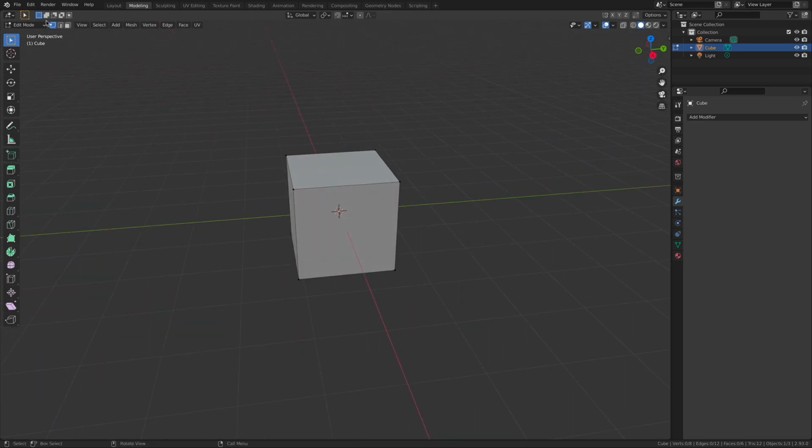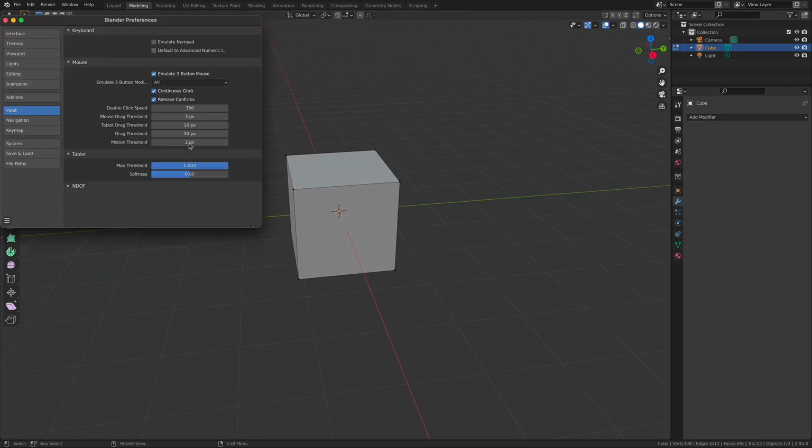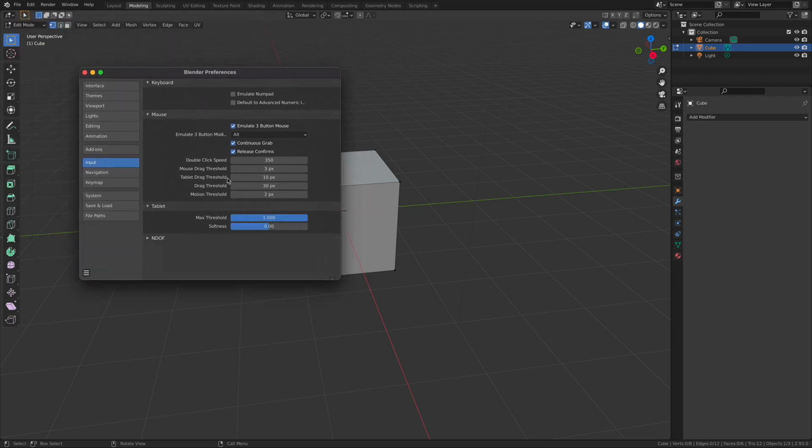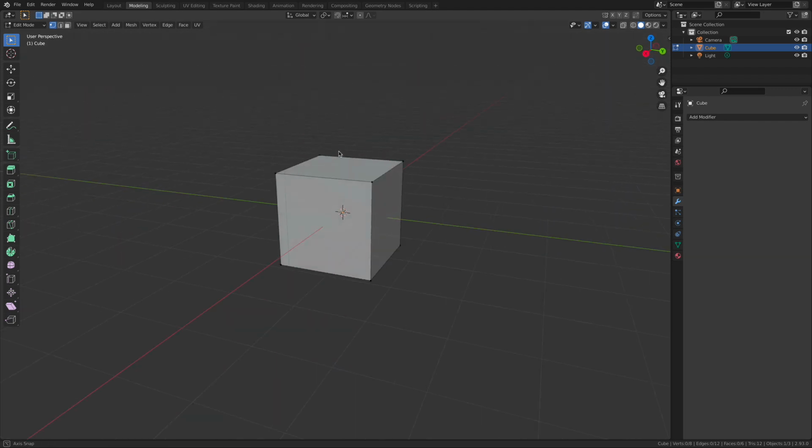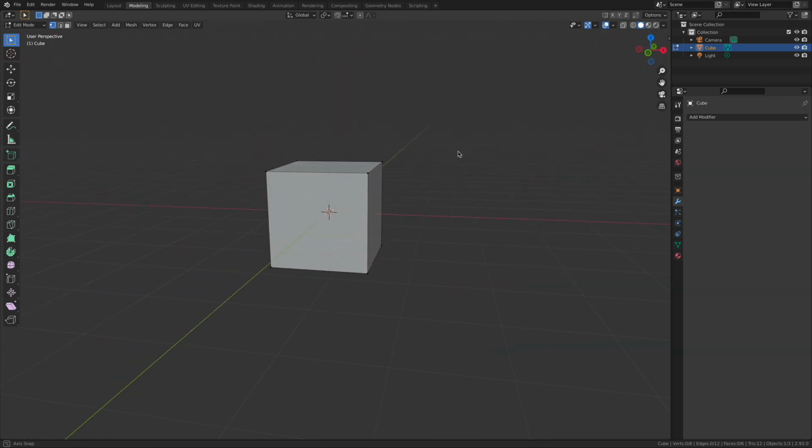So that's a really great preference change if you're working on a graphics tablet, a pen tablet like I am. In addition, I would also encourage you to go into the navigation section and look at this zoom method. I've noticed that a lot of folks like to customize how they're zooming in or out based on if they're moving their mouse left or right or up and down. So definitely explore this. Some people like to invert it. All that stuff is right here at our fingertips inside the global application preferences.